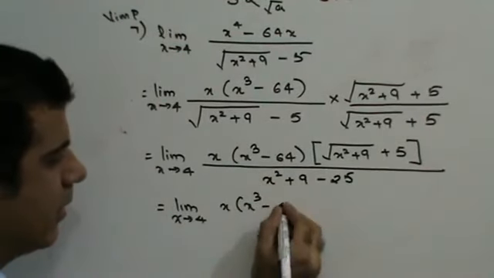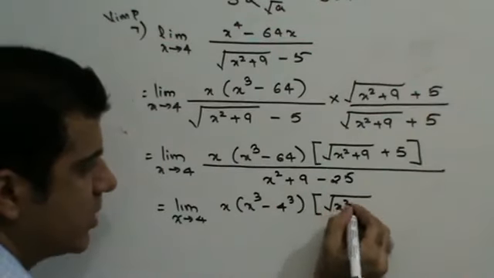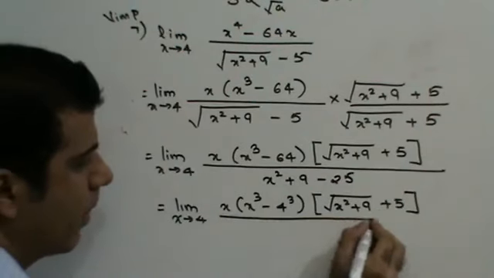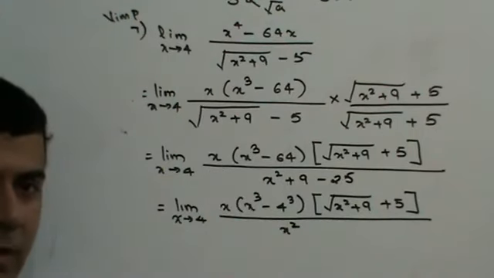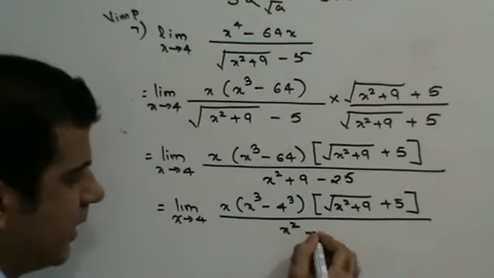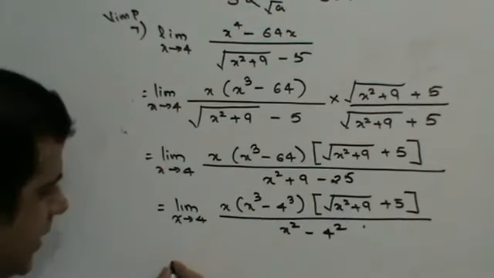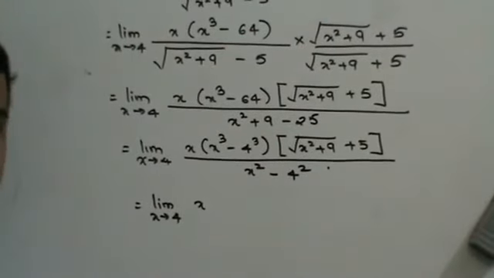64 can be written as 4 cube. This is root of x square plus 9 plus 5 upon x square minus 16 plus 9 minus 25 is minus 16. Minus 16 I'm going to write as minus 4 square. Now this can be written as limit of x tends to 4, x, use the formula a cube minus b